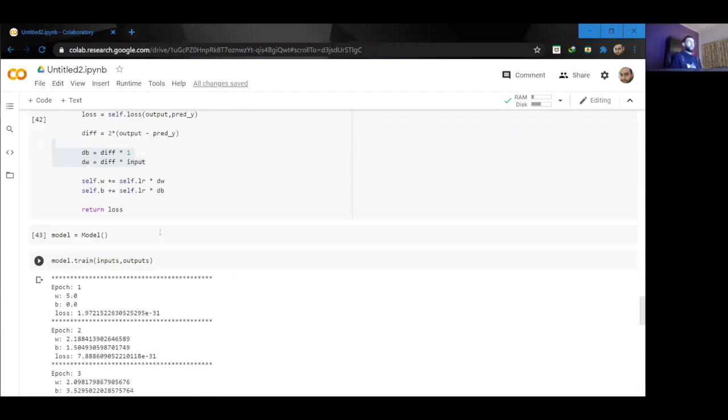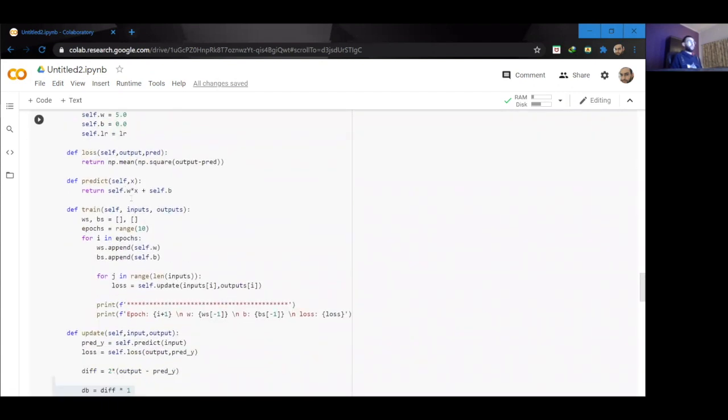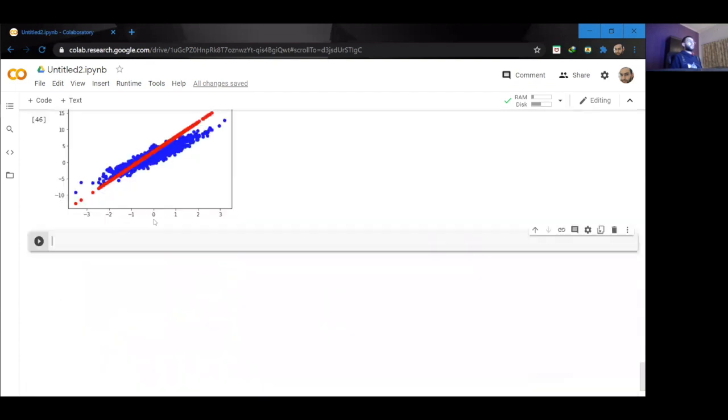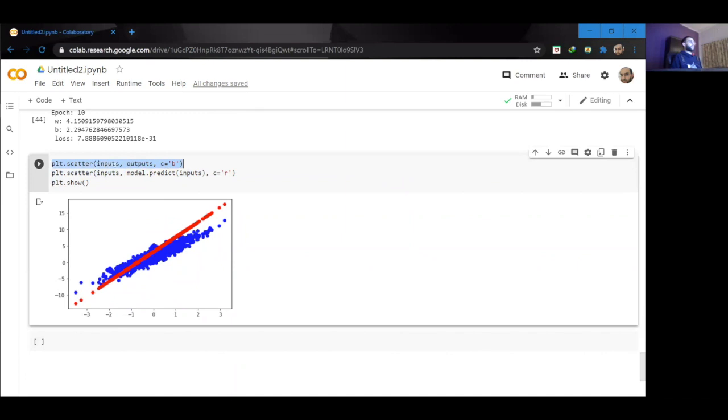This was just to show you how we can build a model using simple Python. By the way, over here, I'm first creating a scatter plot for my inputs and outputs, and then I'm creating a scatter plot for my inputs and my predicted outputs.